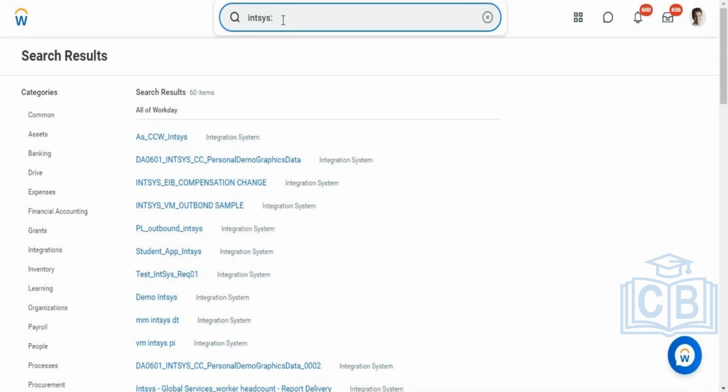Now if you don't want to go this way, and if you wanted to know the proper integrations created for each module, you can create a report. There is a data source called All Integration Systems. You can take that data source, which will provide you all the integrations created in Workday, and you can do filters if you know which integration is sending to a benefit